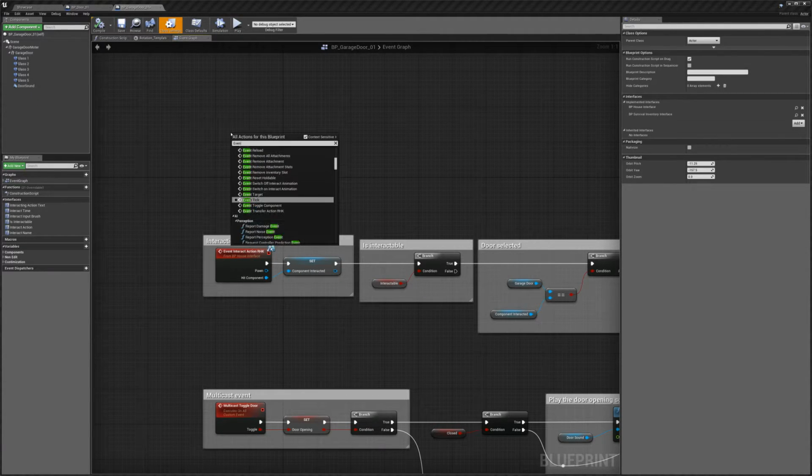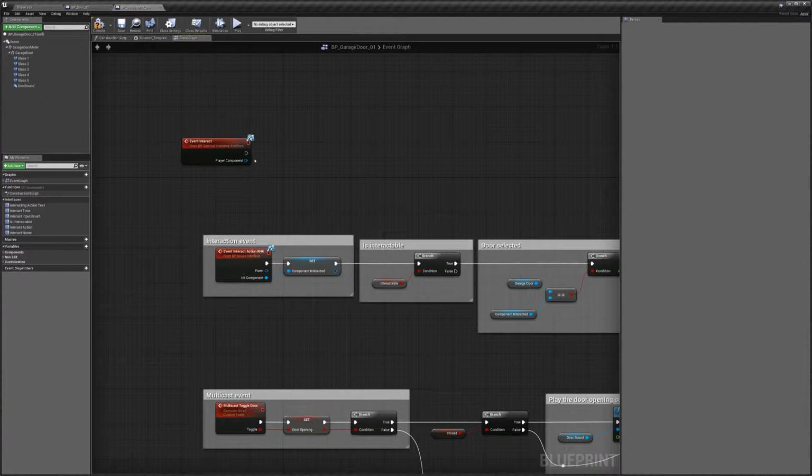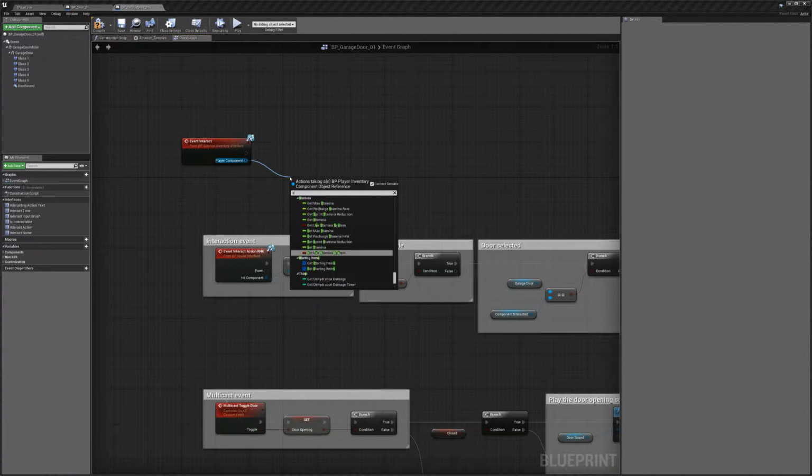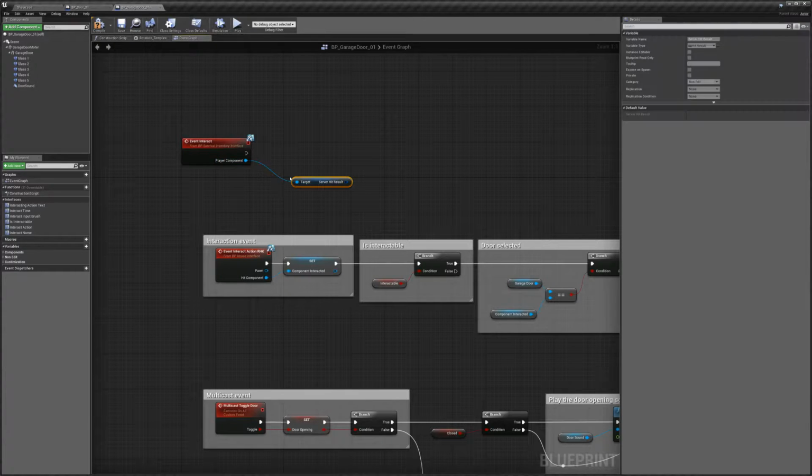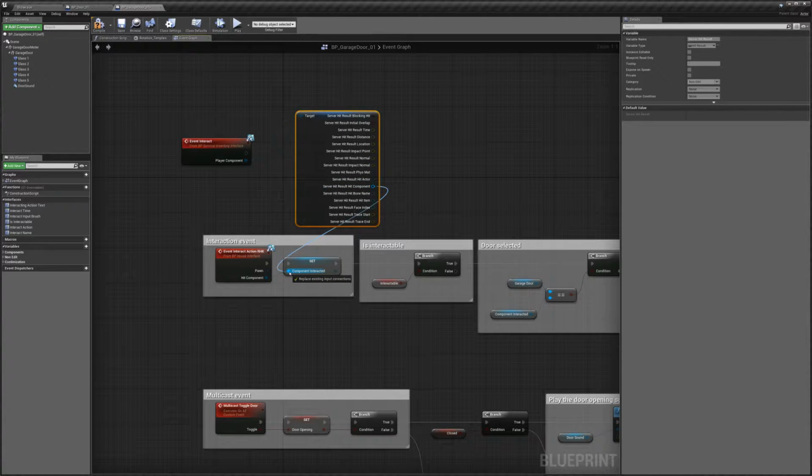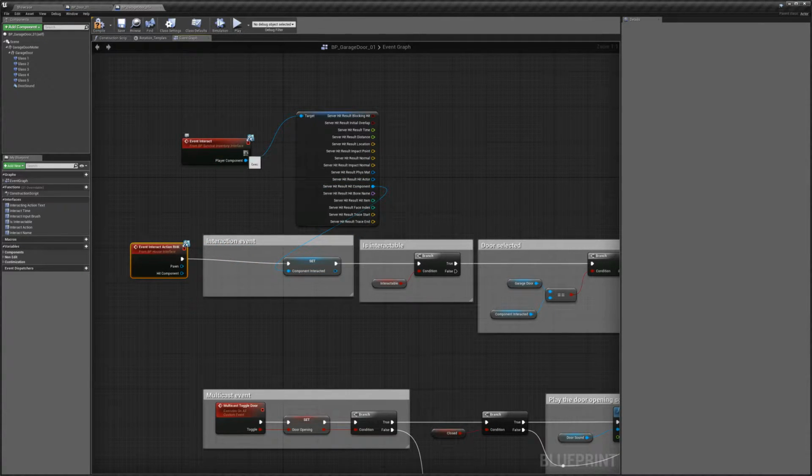So we can do event interact, and we can get the correct one. And from that we can do server hit. Same sort of process, split the struct, and from hit component we can plug that into here, and we'll connect that up to here. Delete that,